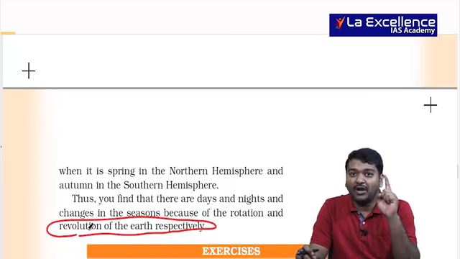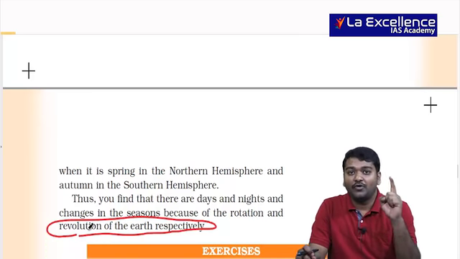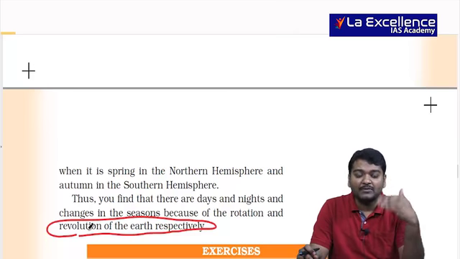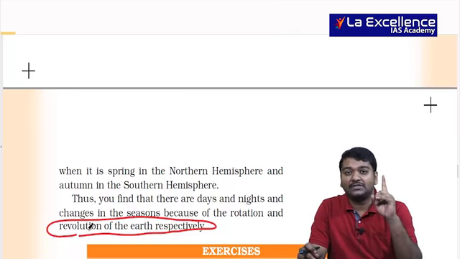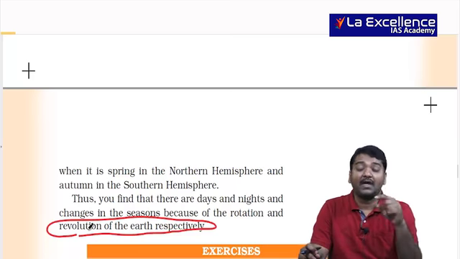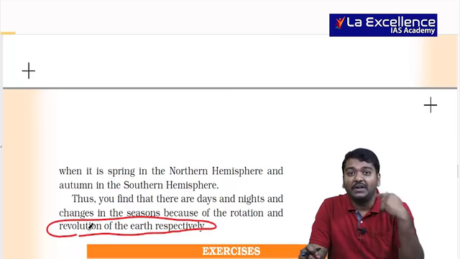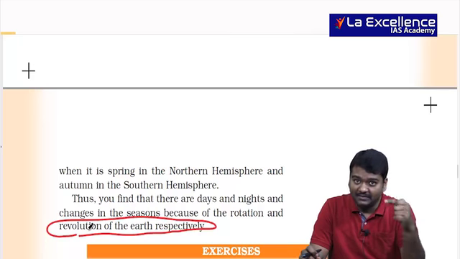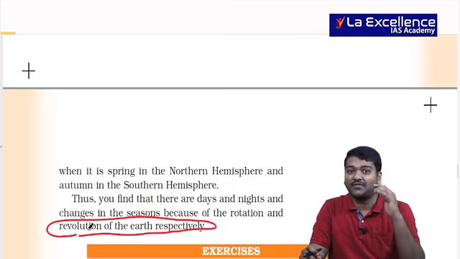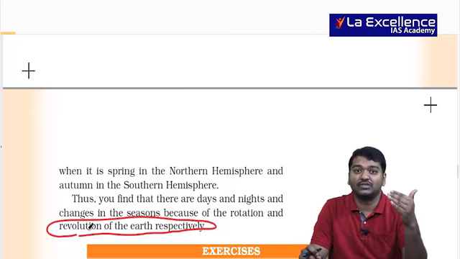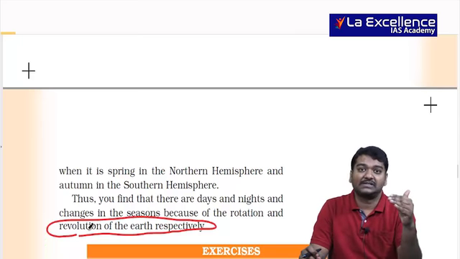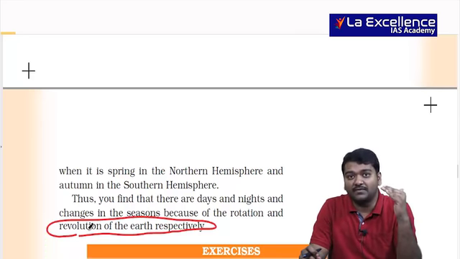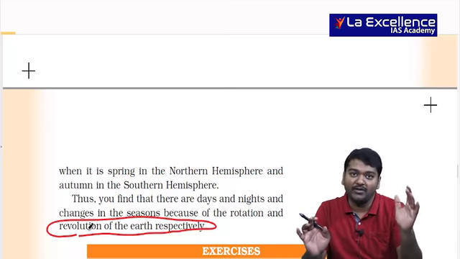See guys, rotation alone does not determine day and night. At the north pole, if you consider only rotation, if it is summer solstice, it will be only day. If you consider the southern hemisphere, it will be only night. But if you look at any particular area, the complete earth having day and night, then it is rotation and revolution as well. Till 66.5, rotation is enough. Above 66.5, revolution is also important, because above 66.5, day and night means 6 months of day and 6 months of night. That is important for us.